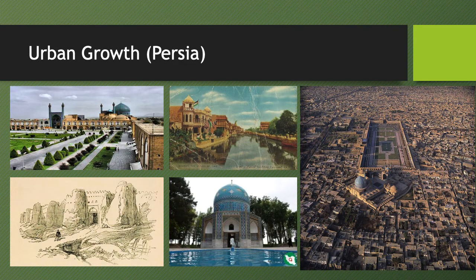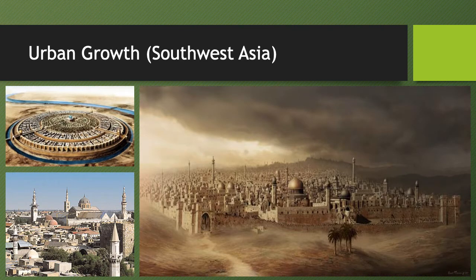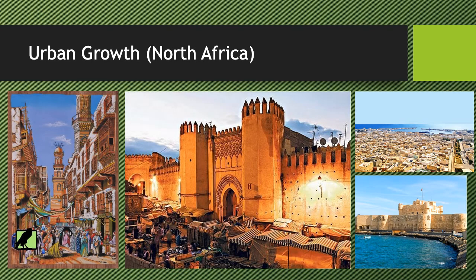Cities in Persia, cities like Isfahan and Nishapur, Basra, these are going to grow again because of the growth in agriculture. They're going to become large industrial centers where you're going to make goods that are being traded. In Southwest Asia, Baghdad, Damascus, Jerusalem are going to become big metropolis areas. In North Africa, we're going to see urban growth in places like Alexandria, Egypt, and in places like Tangier and